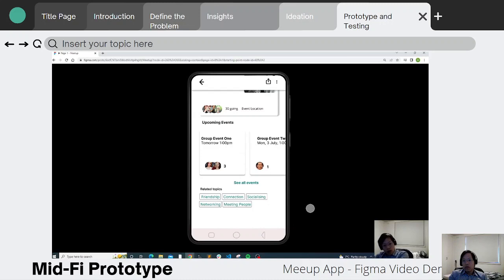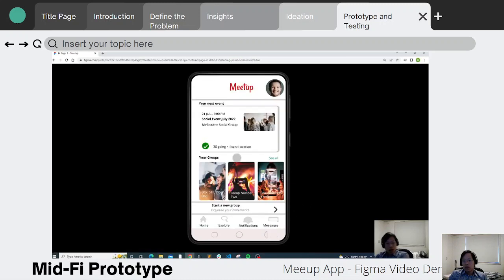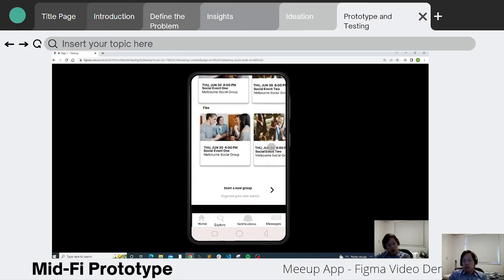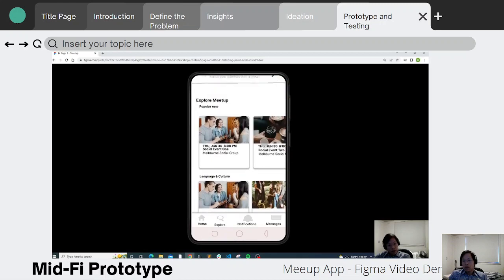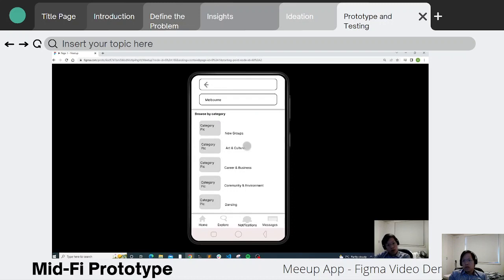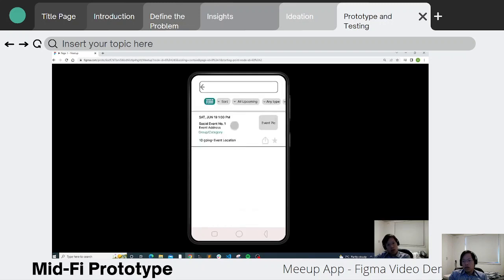If we go back to the first screen here, we can also start the second user journey, which is the search for the event, which users do much more frequently. So we go to explore, and then we have this long screen also. And how will we do that? We go to the search upcoming events tab, and then we type in a keyword or select one of these categories. So here we'll select one of the categories, and again we come to the search result followed by